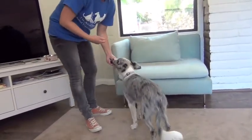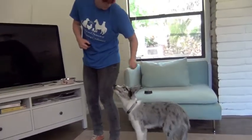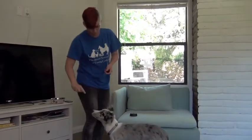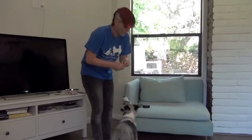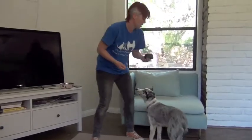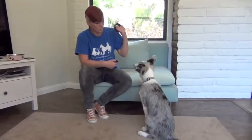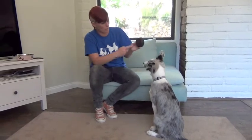So she can do both in the same training session. It's very obvious when you're on my left side, it's back that way, and when you're on my right side, it's back the other way. So it's very obvious. However, with cross your paws, maybe you won't have this problem, but because you're crossing one paw over the other, it can be a little bit confusing depending on the method you use for teaching cross your paws. And the method I use is that I get the dog to target a lid,